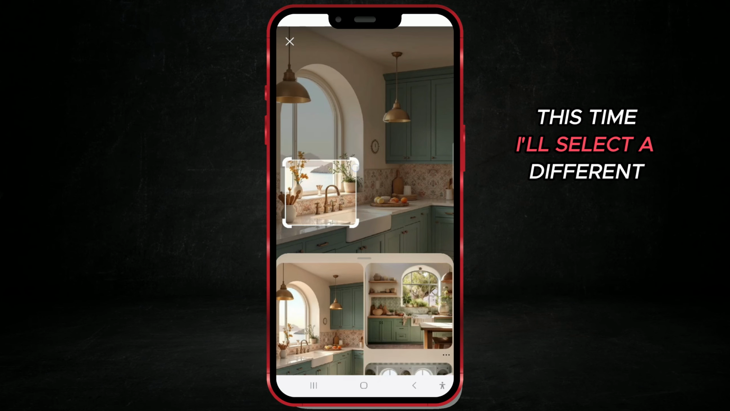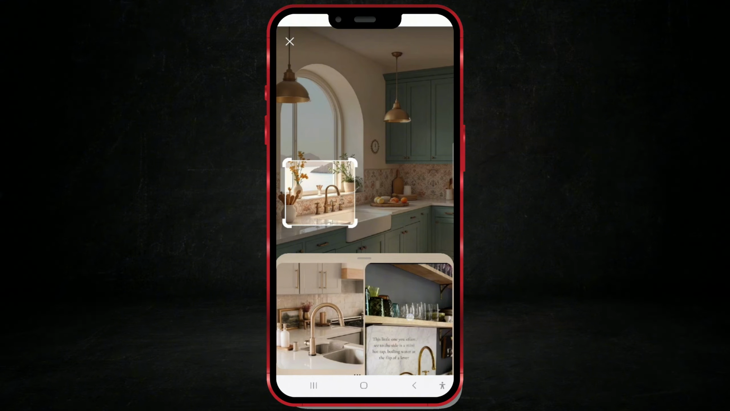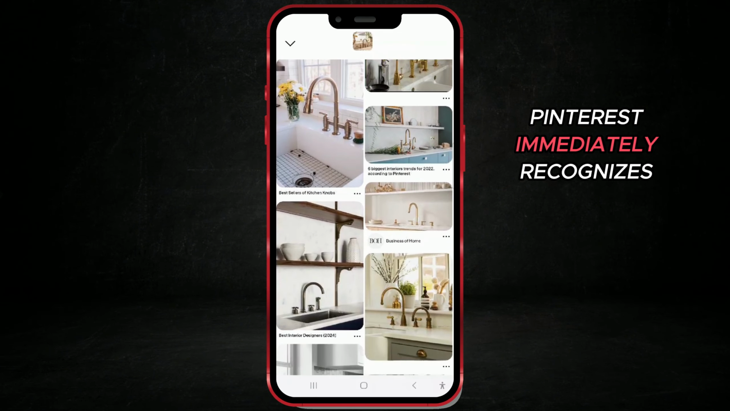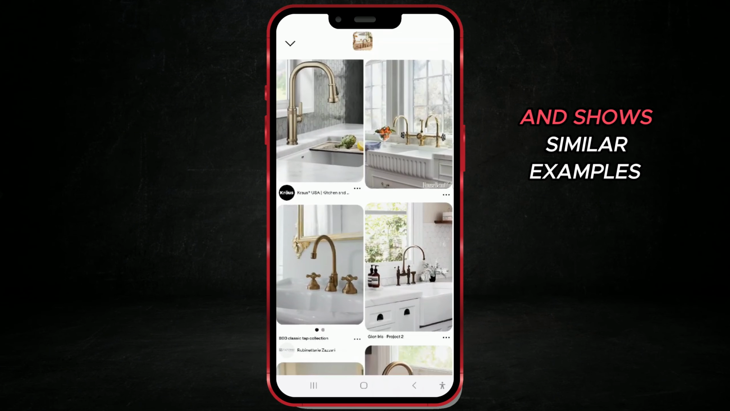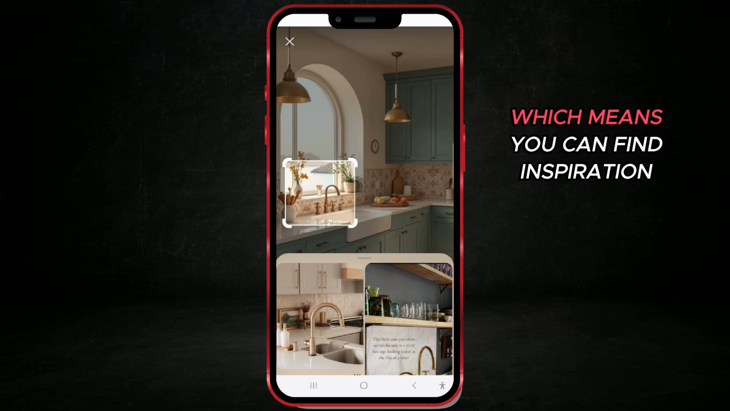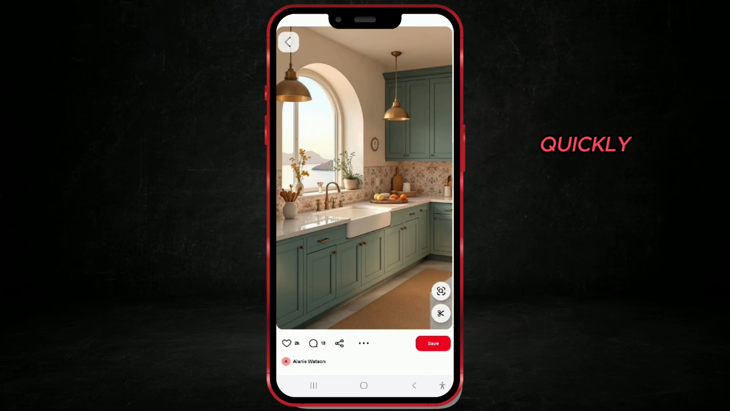This time, I'll select a different part of the image. As you can see, Pinterest immediately recognizes the detail and shows similar examples, which means you can find inspiration quickly